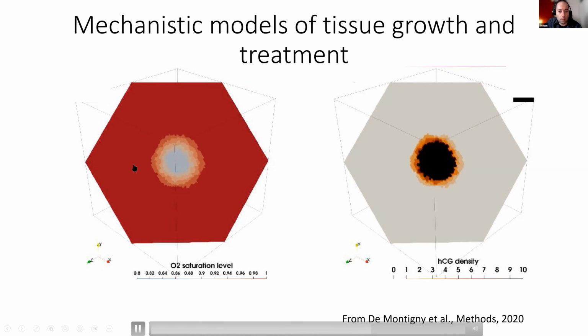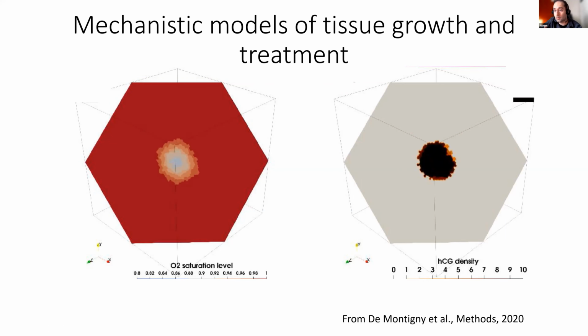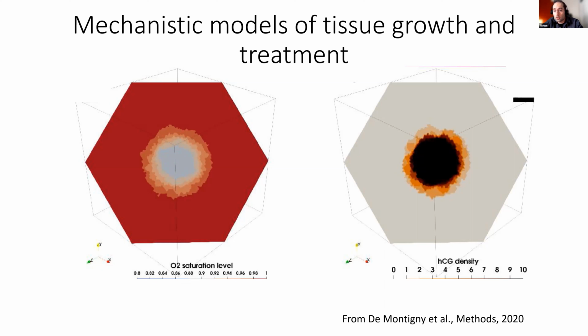And as you can see here, we can look at various parameters or variables of these systems, for example, oxygen saturation or the density of certain cell types, because glioblastoma includes different cell types. And so we can really model how over time these change, which can be very helpful and which will be very helpful for a personalized medicine approach, because each subject has different conditions, of course, and